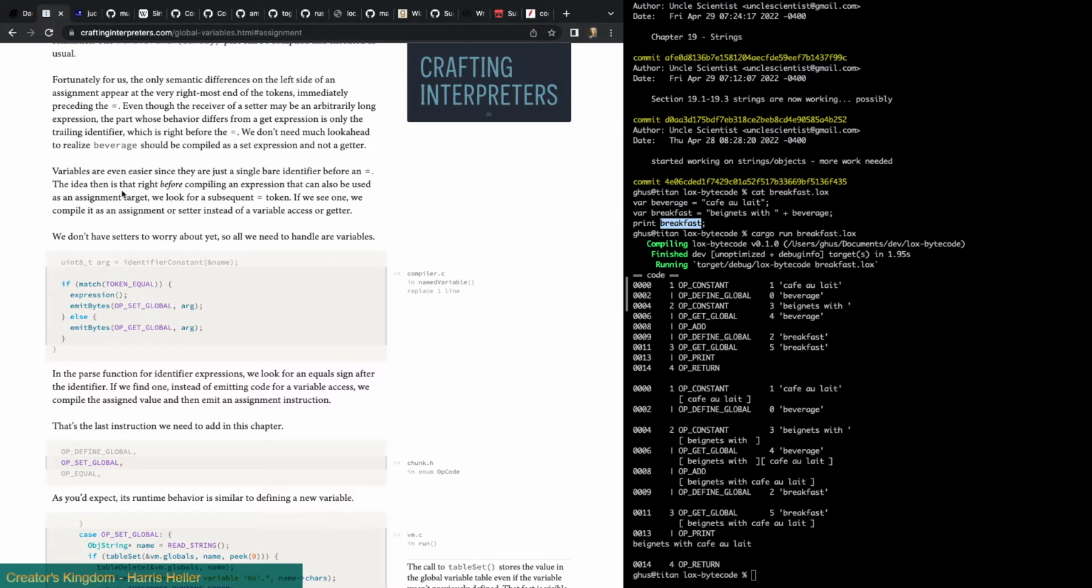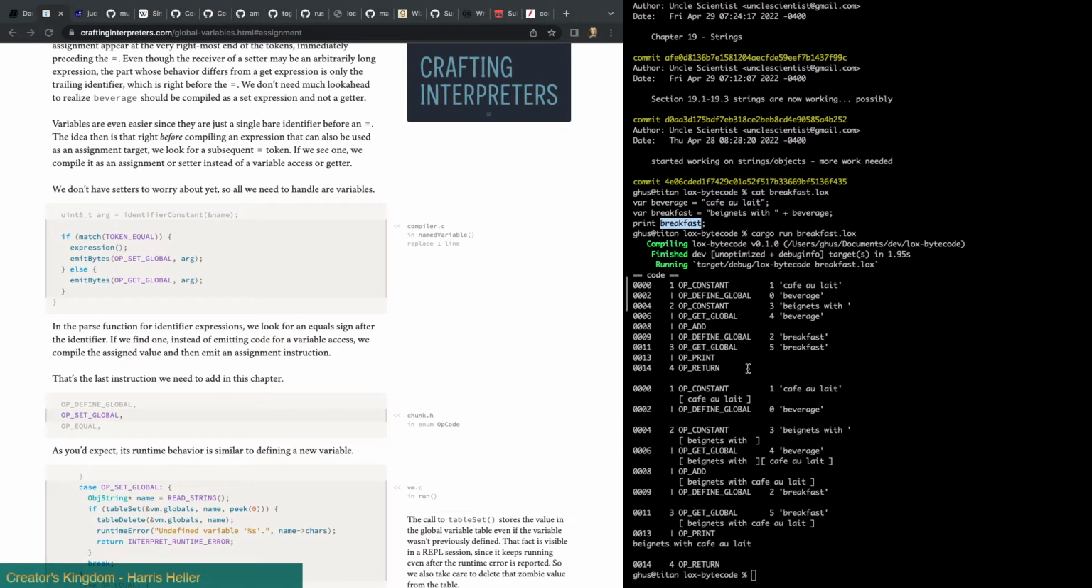The idea then is that right before compiling an expression that can also be used as an assignment target, we look for a subsequent equals token. If we see one, we compile it as an assignment or a setter instead of a variable access or getter. We don't have setters to worry about yet, so all we need to handle are variables. All right, so we're going to modify